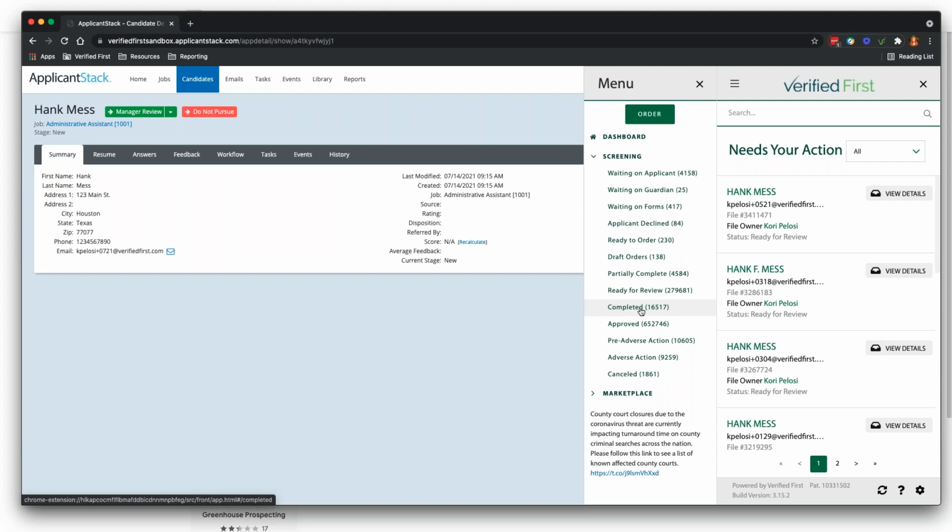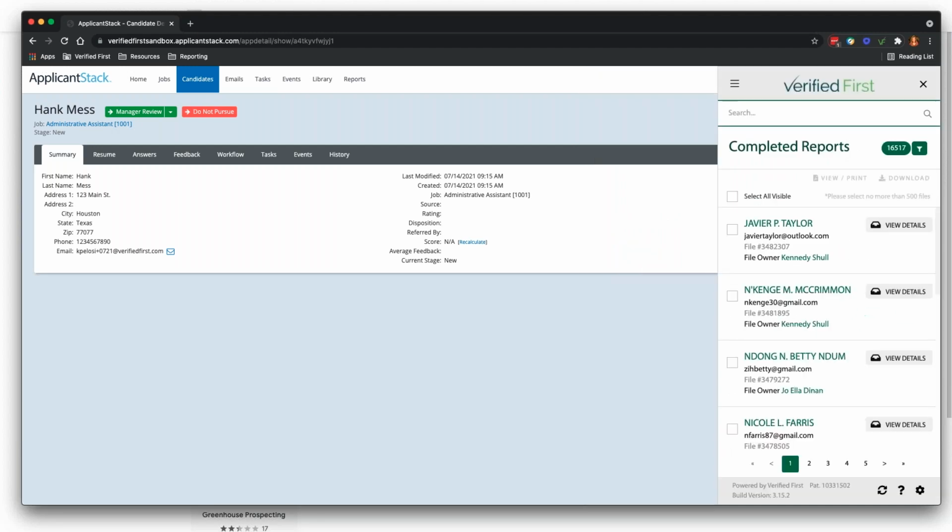What I'll click into here is just to show you what a completed background check will look like. So we'll go in here and search for our test candidate, and you'll see Hank Mess. And so once the report comes back as complete and the candidate fills out all their necessary information to be able to run that report, we're able to actually see that within Verified First as well. From this viewpoint,